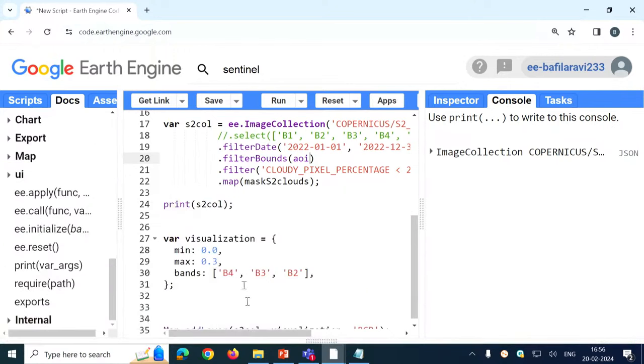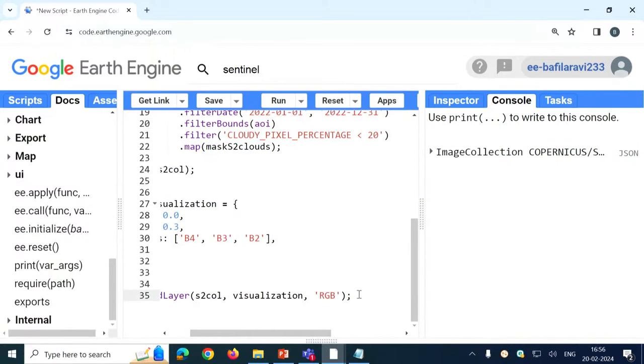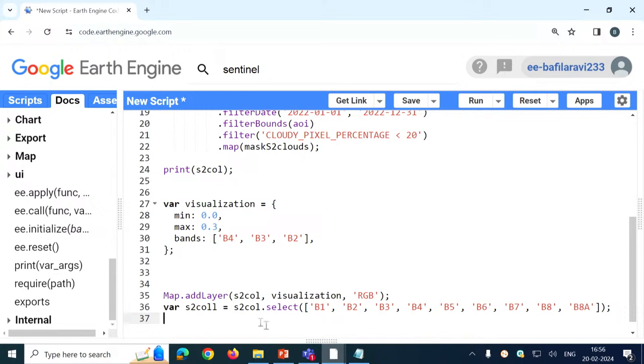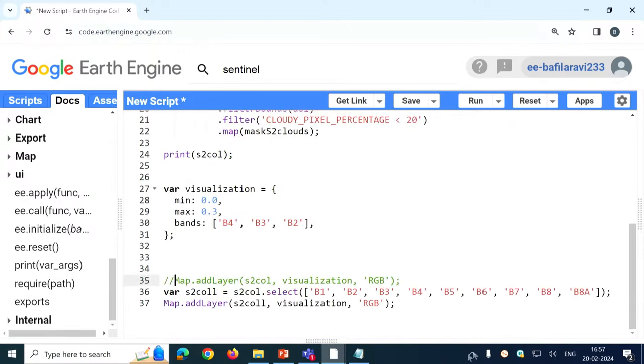So what I have done is I have just selected these bands. This particular image was showing 17 bands. Out of that I have just selected band 1, band 2, band 3, band 4 and band 5. Now if I run this,